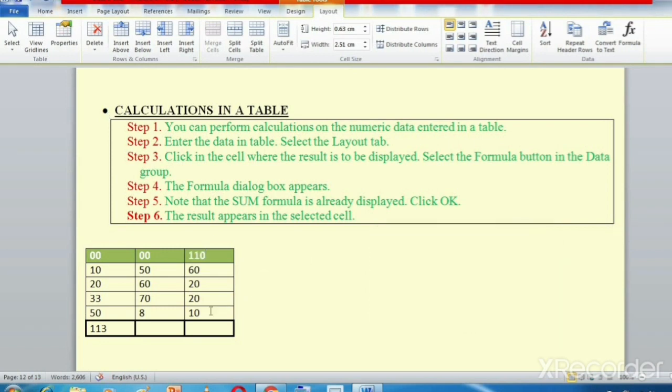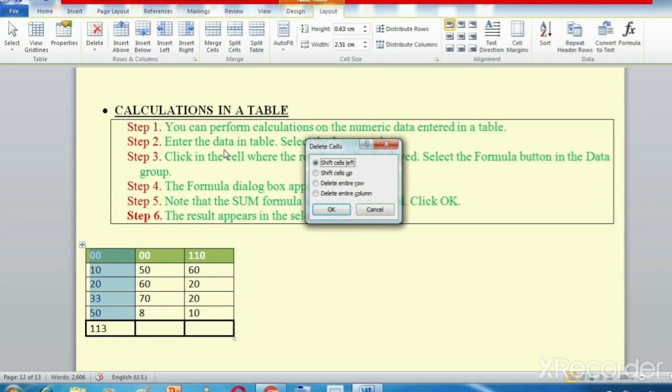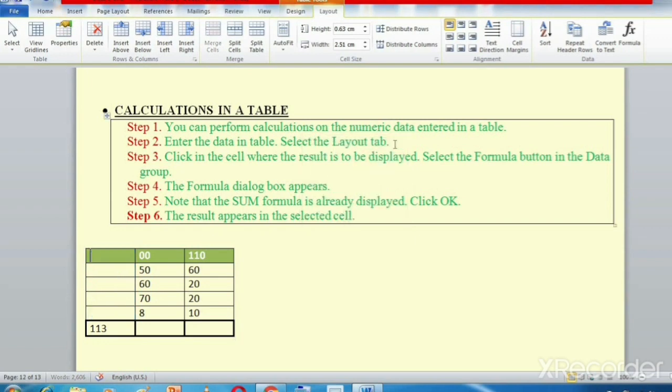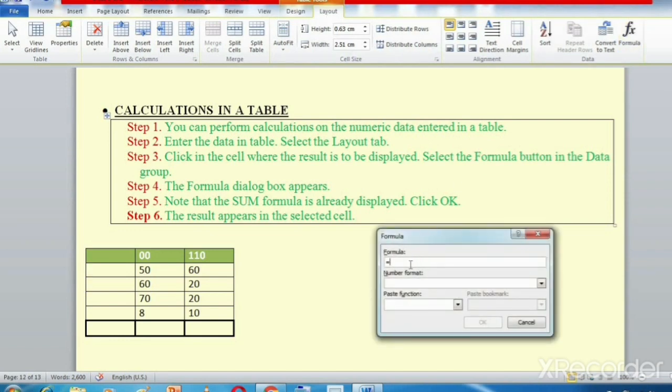In the same manner, if you want the total of the cells from the right-hand side, that means if you want the total of 50 and 60 over here, what are you going to do? Again, come to this particular cell where you want the result, click on the Layout tab, click on the formula button, and now see, the formula is not displayed.